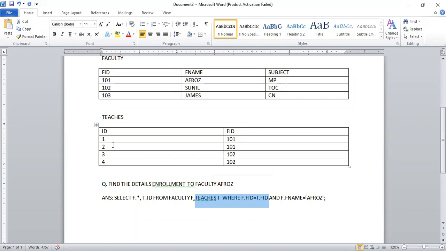Don't look at the data. As per the question, where is 101 mentioned? Here the data table is always hidden. Because you are creating the table, you know everything. But once the table is there, you are only the query writer. You can write the query as per the question. There is no mention of 101 in the question, only approach. How can I say it is 101? For that you need to apply select star from faculty, select star from teachers, then only you would know. Then how many queries are you writing? Three queries. So remember, you should not write 101 because it's not written in the question.